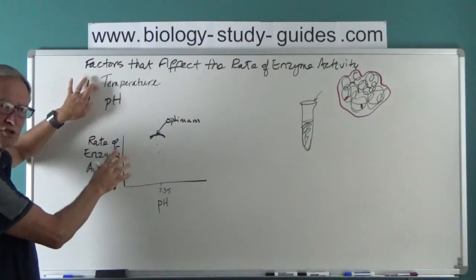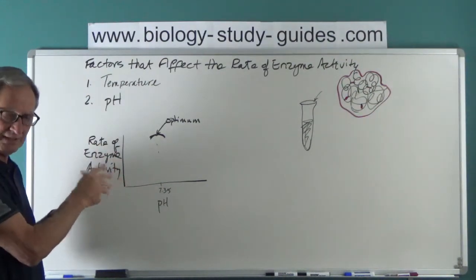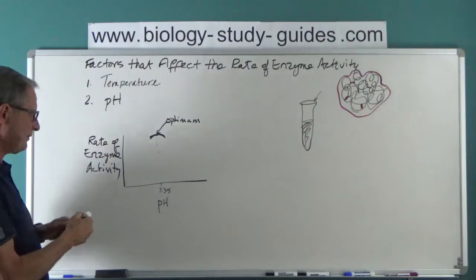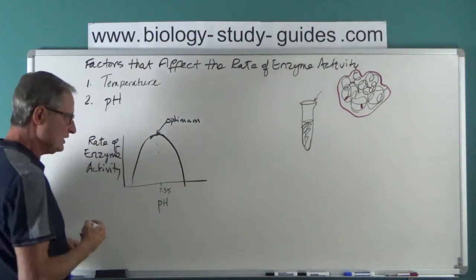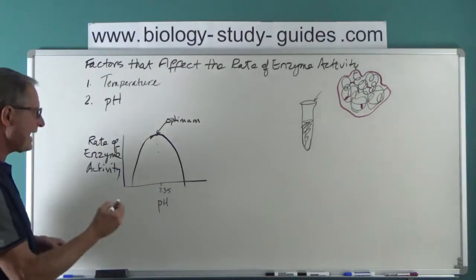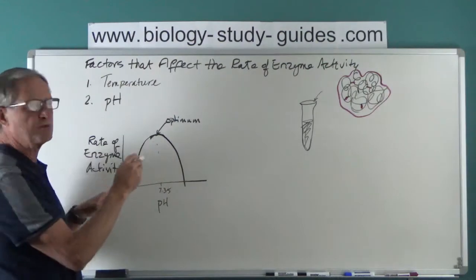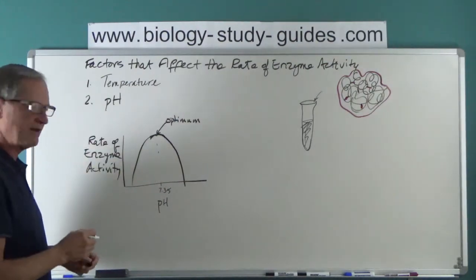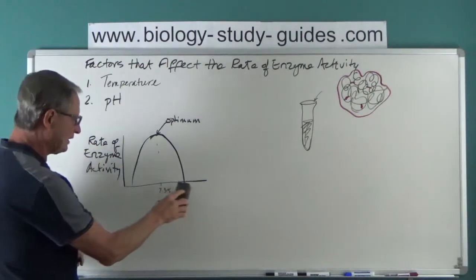Temperature, when we had this graph, the temperature graph was not symmetrical. This graph can be. It doesn't have to be, but it can be, because the system can denature on both sides. The enzyme just gets too deformed, so it can't work, and the rate of enzyme activity falls off. Not always true, because it is possible for some